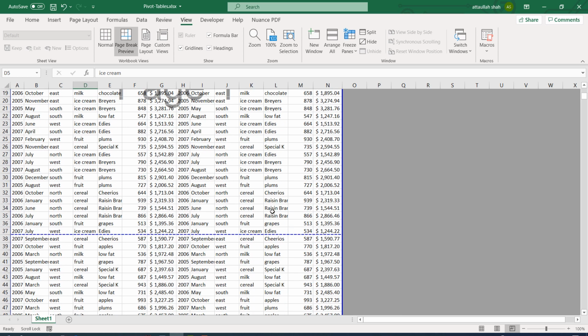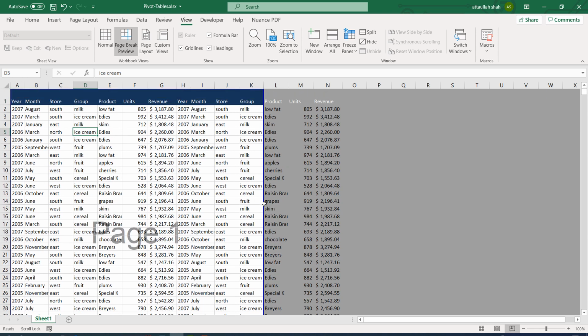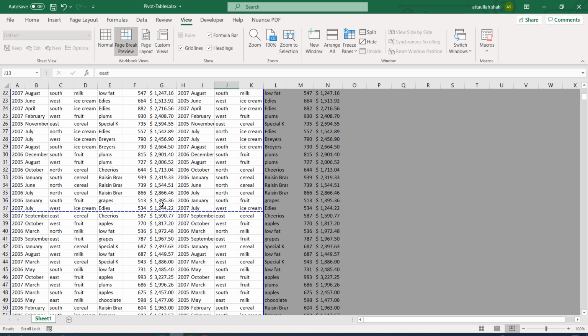There's a difference between the dotted lines and dark line. A dark line always represents that we have modified the default setting. A dotted line means that this is what Microsoft Excel will do on its own if we haven't changed anything.